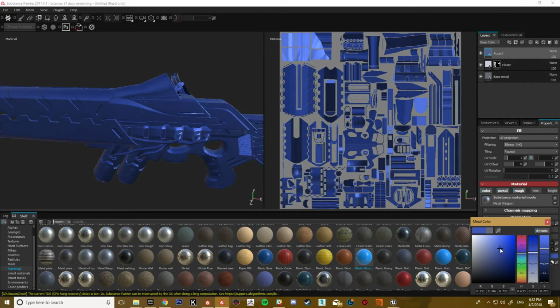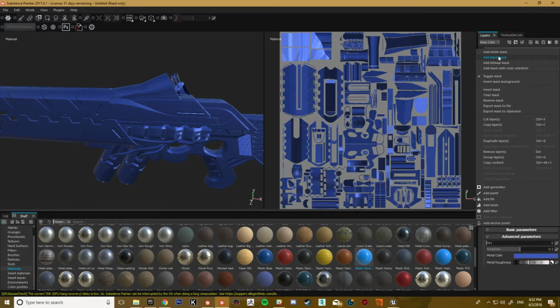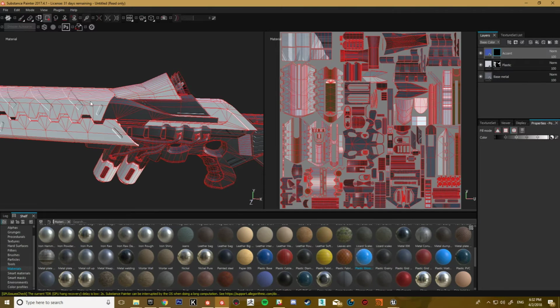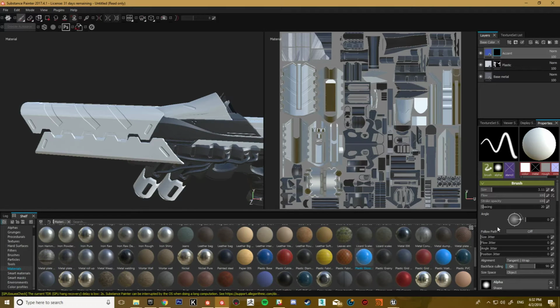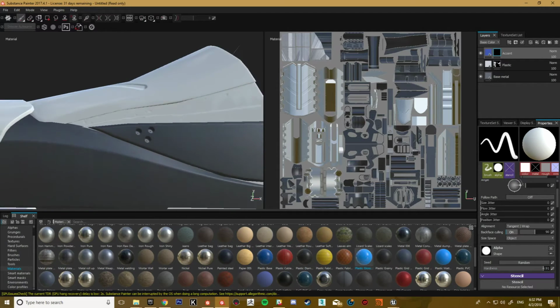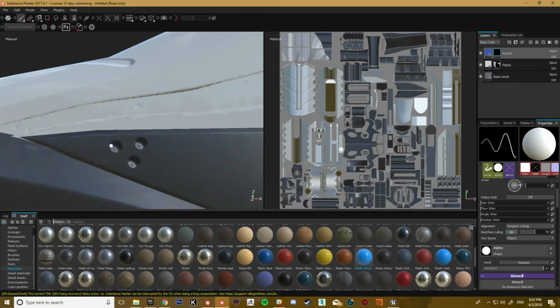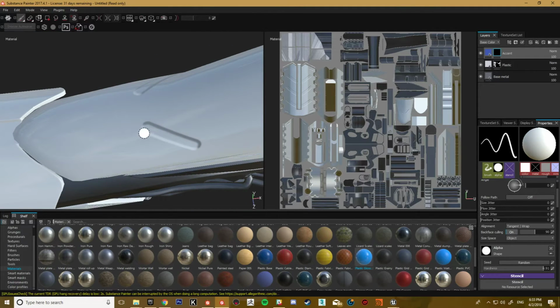So my original model had like a blue metal. Maybe not physically correct to have a blue metal, but it's a sci-fi weapon, so we'll add a black mask to that, and then we'll go in there with a normal paintbrush, and I will just make the hardness of that somewhere near the top. And I've got these little dots, so maybe I want those dots to be this blue painted metal, and then I've got these little marks here.